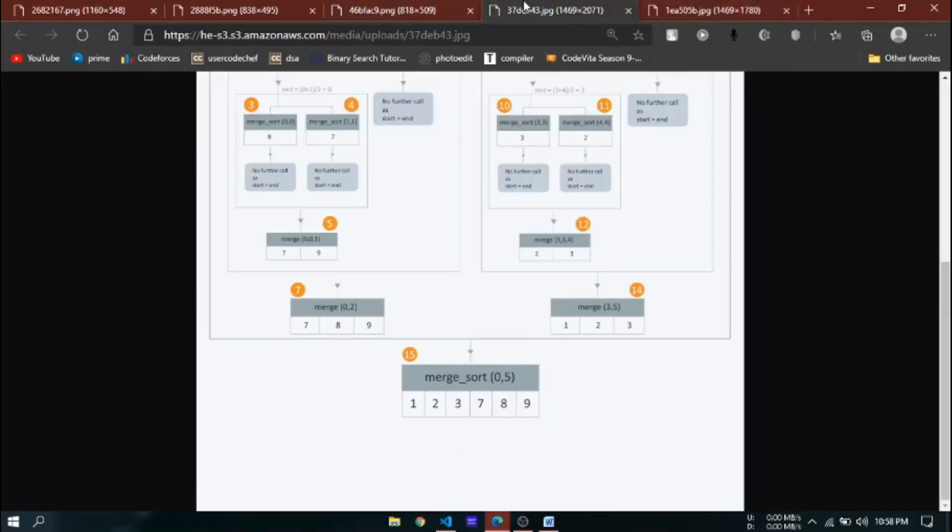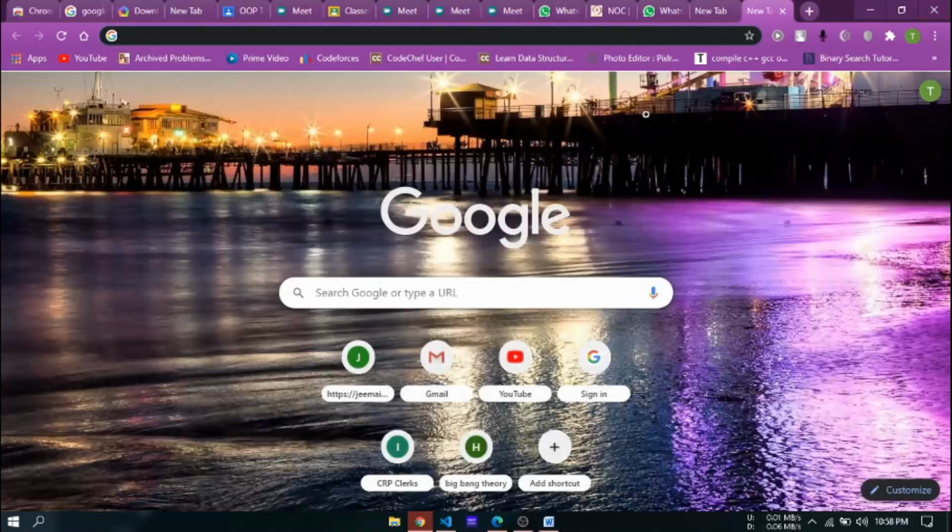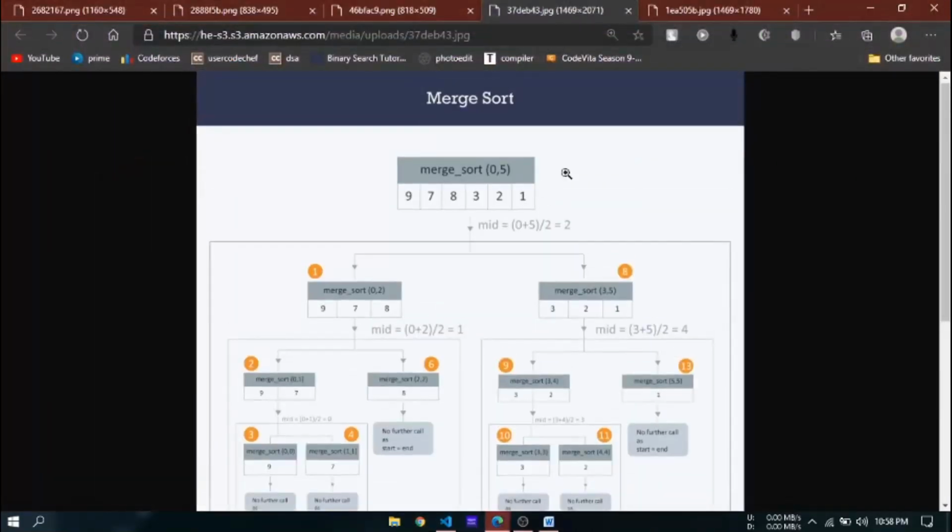merge sort. Okay, now how can you remember merge sort? It's quite easy to remember. As the name suggests, it's merge sort, so we have to merge every array. We have to merge an array and just break and merge, that's it in the merge algorithm. Okay, so that was merging.